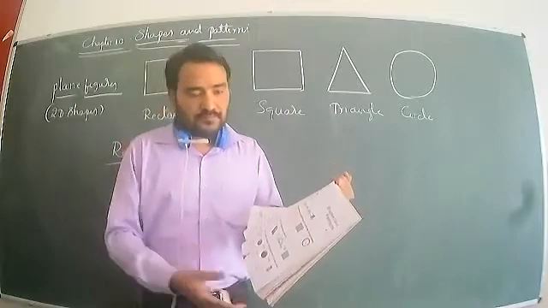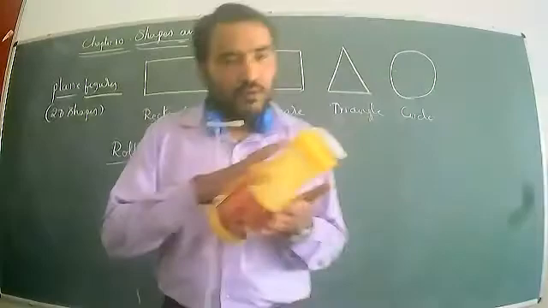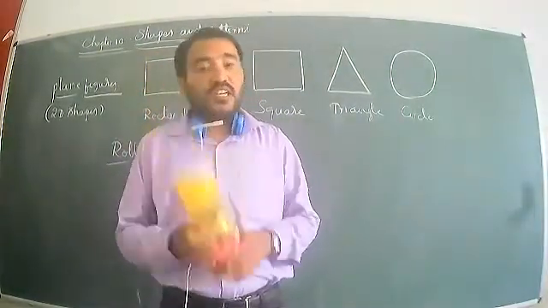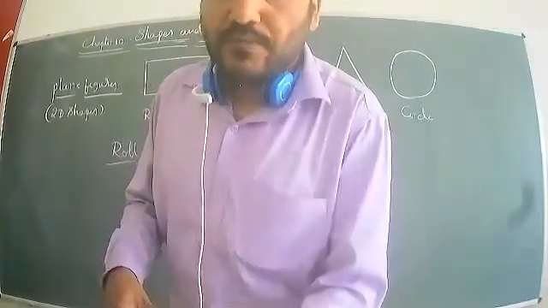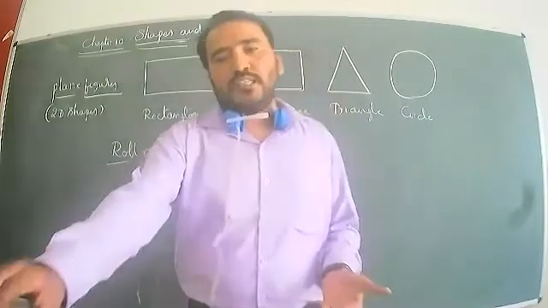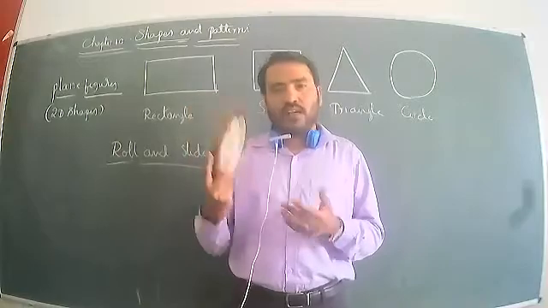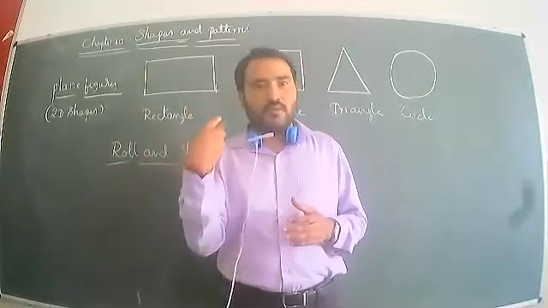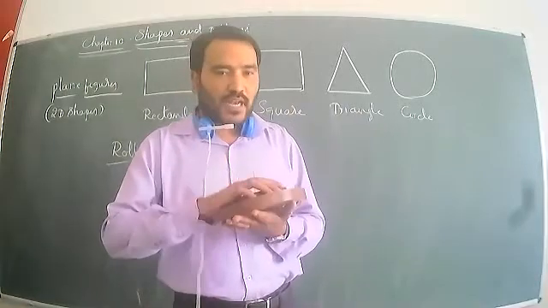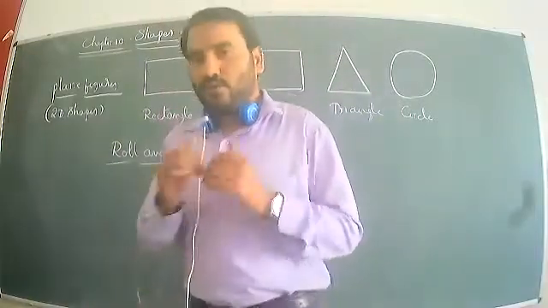Then the Coke bottle, it is a bottle. We can make it roll and slide. It is a flat shape, it is flat here. Anything with a cylindrical shape can roll and slide, both. Guruji, what is it? It is a clock. It is a round shape figure, so we can roll and slide, both. So these are called slide and roll.